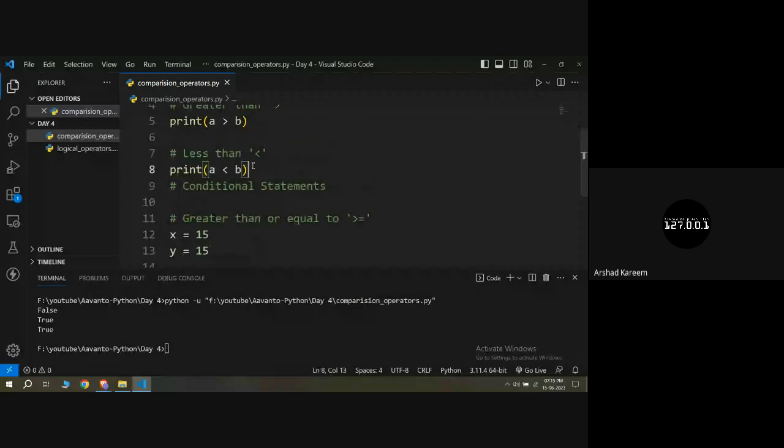So let us check here. So for line number 14, so for line